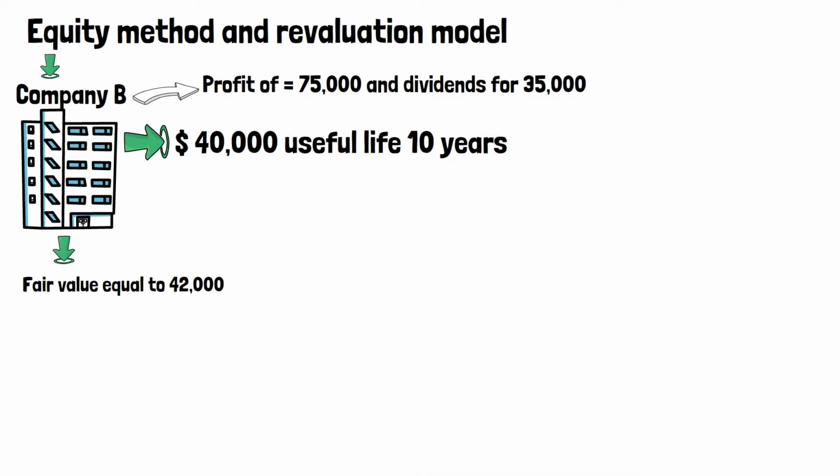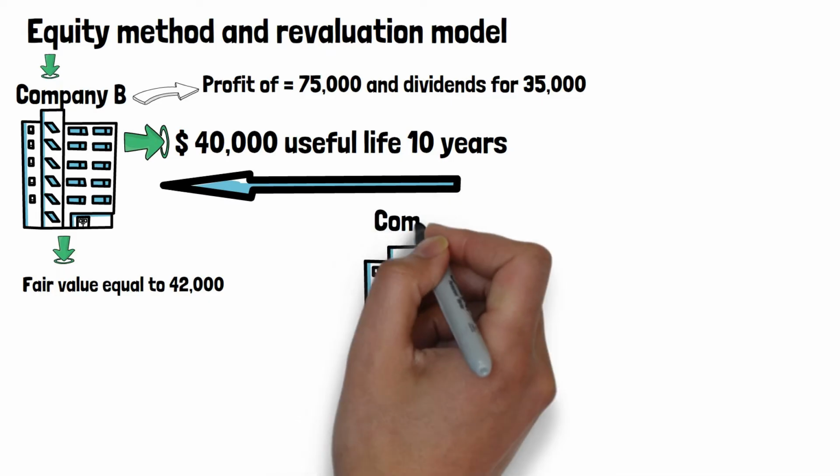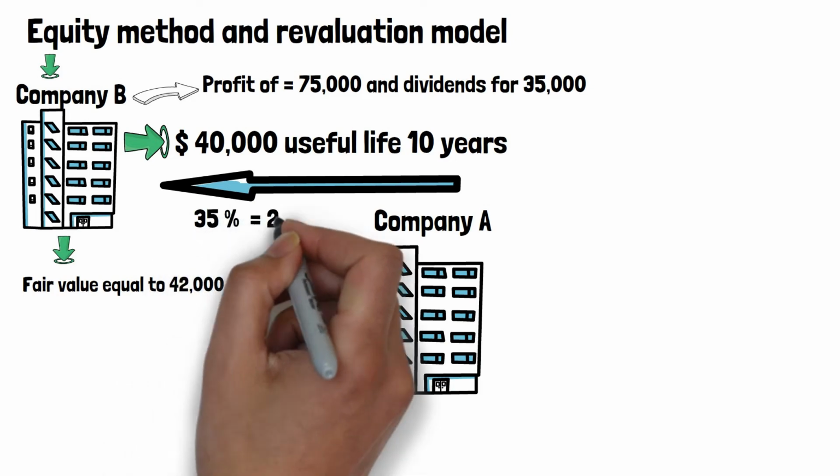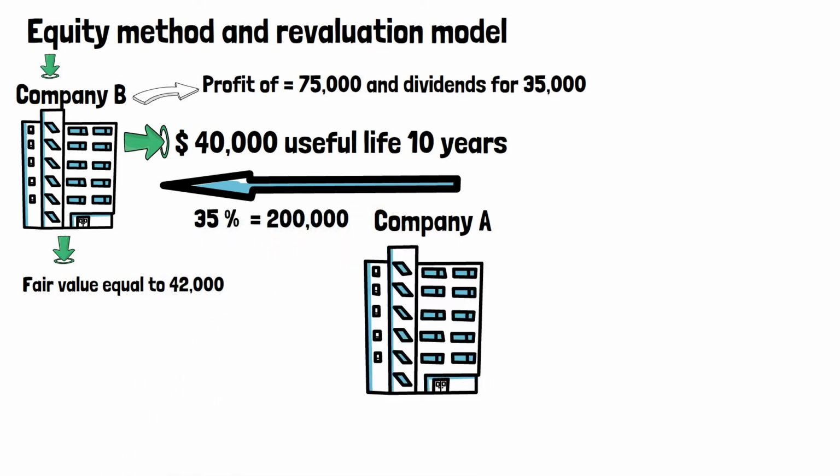On the other hand, at the beginning of year 1, Company A acquires 35% of the interest of Entity B for 200,000. According to the above information, what is the investment carrying amount recognized by Company A at the end of year 1? To solve this exercise, we must first determine the revaluation of the property, plant, and equipment at the end of year 1. If you are not very familiar with the revaluation model, in the video description I leave you a detailed explanation